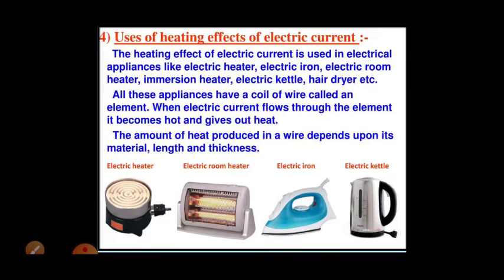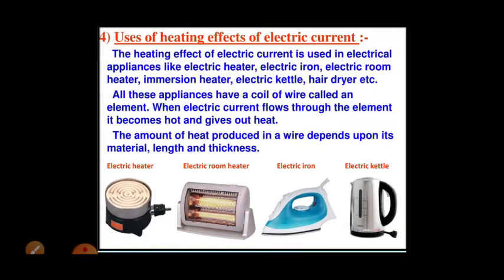And what we are using in this are the elements, electric coils of wire, which is called an element. It is made up of nichrome, nickel and chromium.